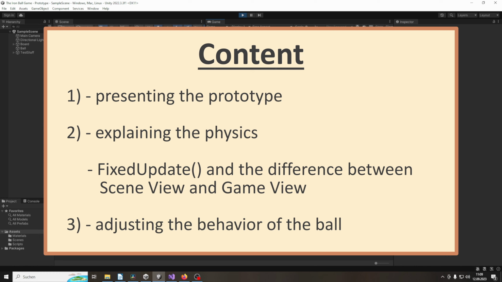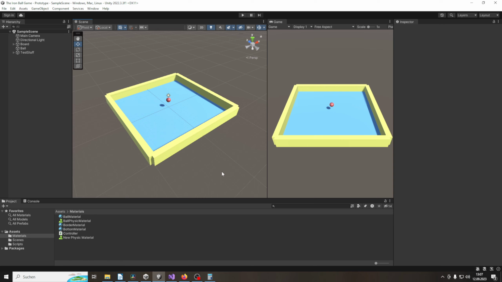Finally, in the end, I show you how I adjusted the overall behavior of the ball to make it roll more like a little iron ball than a slow bouncing bowling ball. Sounds interesting? Let's go! When developing a prototype, you should closely look at the things you really need to make